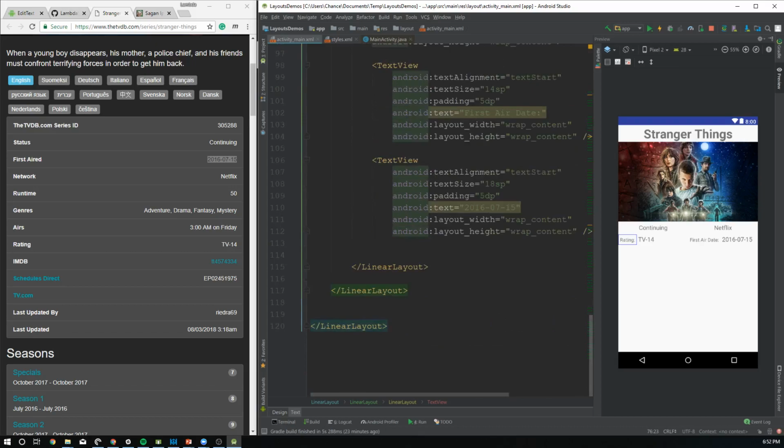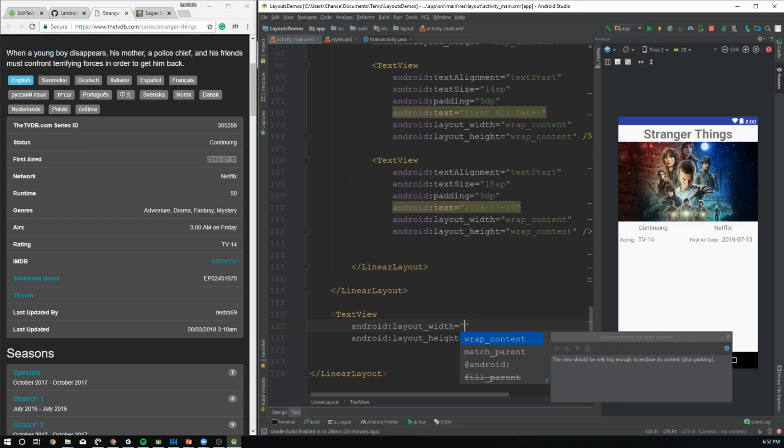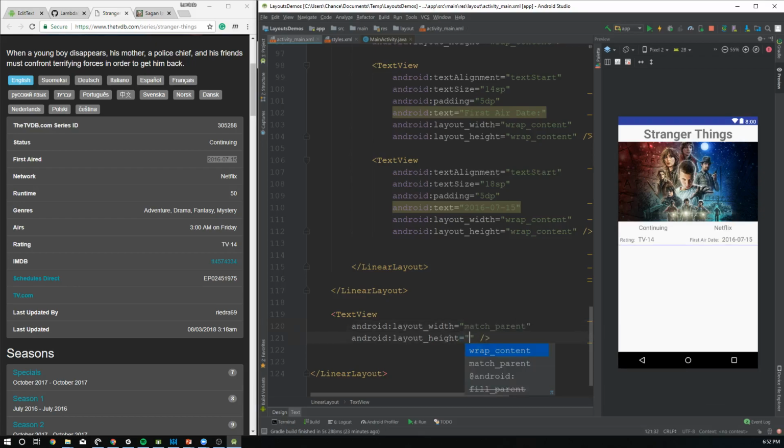So now what we're going to do is add our seasons. Up here we're going to have our text view. Remember that's in our first wrap. Match wrap. Do we want to do that? Let's see how that looks. So we set our text to be